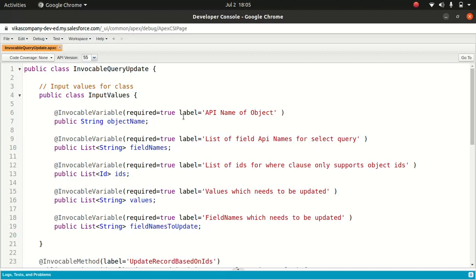Okay, all right, now the field names, this is the field names which you're going to use for the select query. And the IDs, which is the IDs which you're going to get from the list view, right? The checkbox which you're going to tick. The values is the values you're going to pass. Okay, now field name to update, that's the field names which need to be updated. Now you have to keep one thing into consideration: the order, right? The way you put the values should match. So what I meant by that is like,